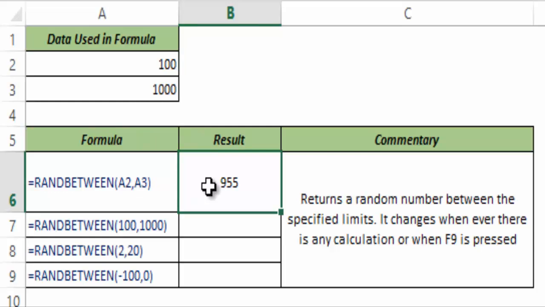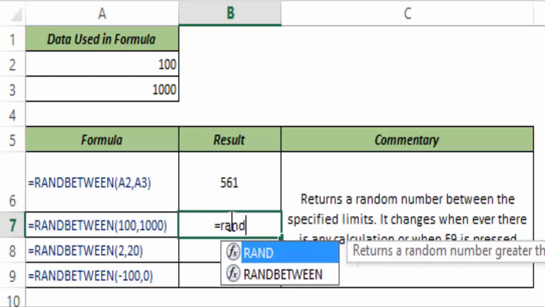A word of caution for RANDBETWEEN is that this is a volatile function. So if you have a worksheet where you have applied a lot of formulas, and whenever it recalculates or whenever you apply a new formula, this function would get recalculated and it would generate another random number. So if you have a huge worksheet with formulas, be cautious while you apply this. Let me show you how this works. If I press F9, you can see it generates another set of random numbers. So as I keep on pressing F9, these numbers keep on getting generated. If you only need random numbers but you do not want them to get recalculated again and again, it is a good practice to copy this and paste this as value.